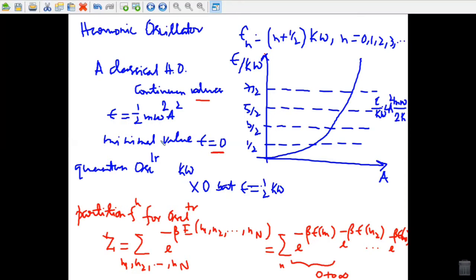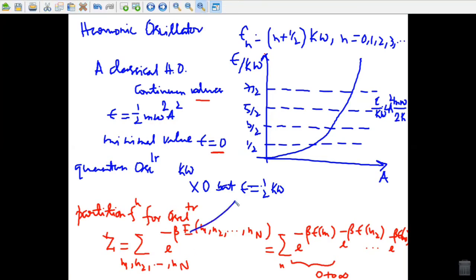The energy of a microscopic state in which oscillator 1 has a degree of excitation n1, the second a degree of excitation n2, and so on, will be the sum of all the oscillator energies, that is capital E